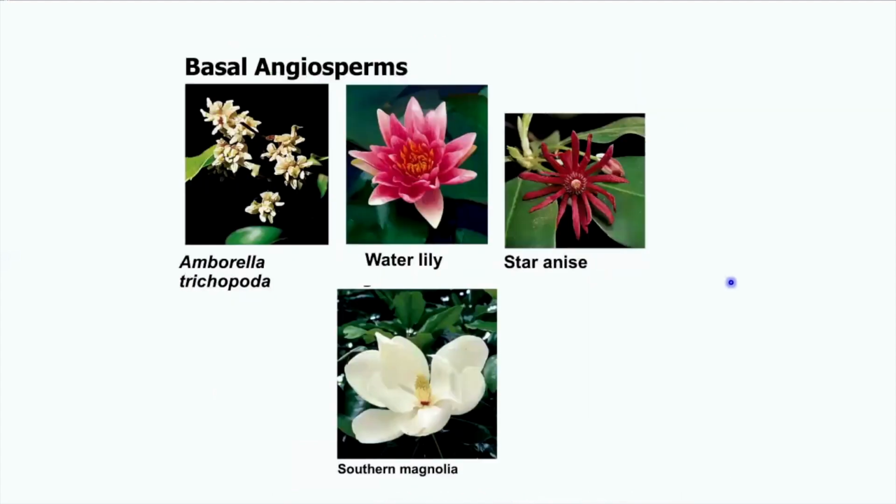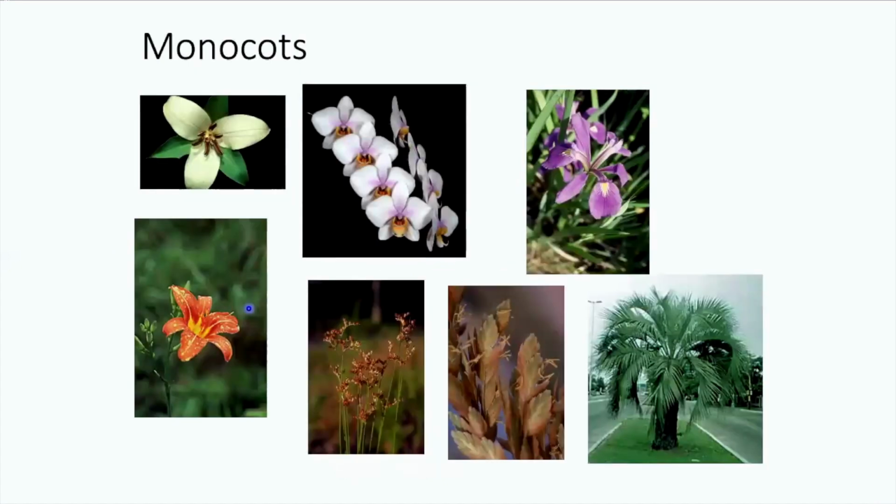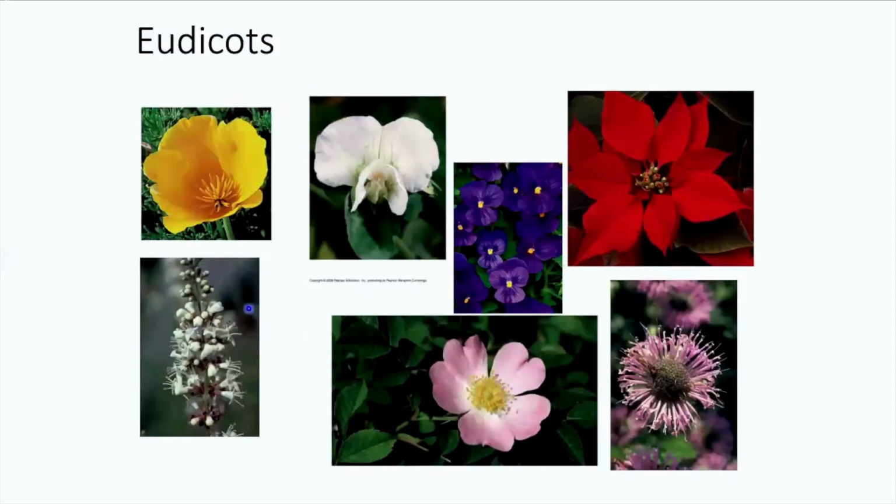Here's some pictures of those basal angiosperms, so magnolias, star anise, water lilies, another plant from the southern hemisphere, ambarella, and then, of course, our monocots, which you probably recognize a lot of these plants, and then eudicots, shown here,